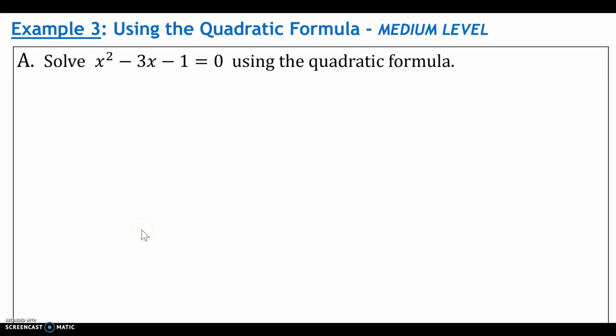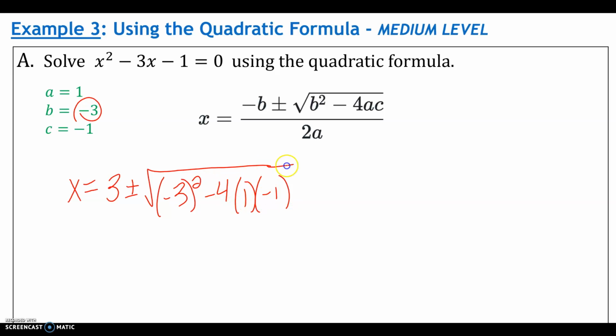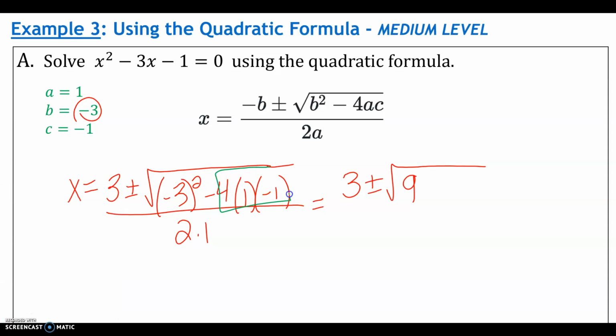So, like I said before, these need to be in standard form, and I do believe this one is. And there's our formula. So just like we did before, let's go ahead and plug these numbers in. So x equals, b is already negative, so 3 plus or minus, this would be negative 3 squared minus 4 times 1 times negative 1, all divided by 2 times 1, equals 3 plus or minus, negative 3 squared is 9, and then do not forget, this is going to be